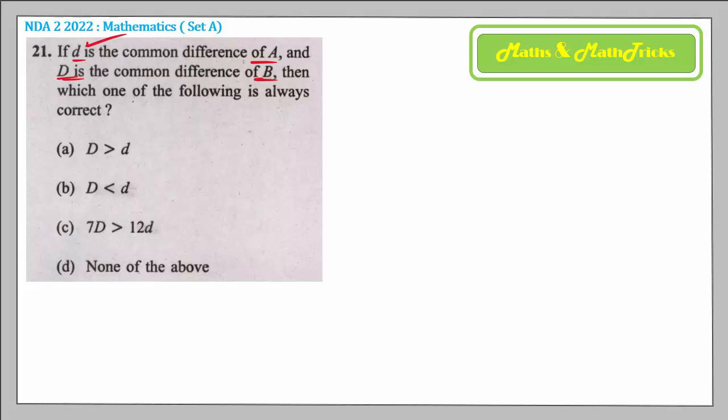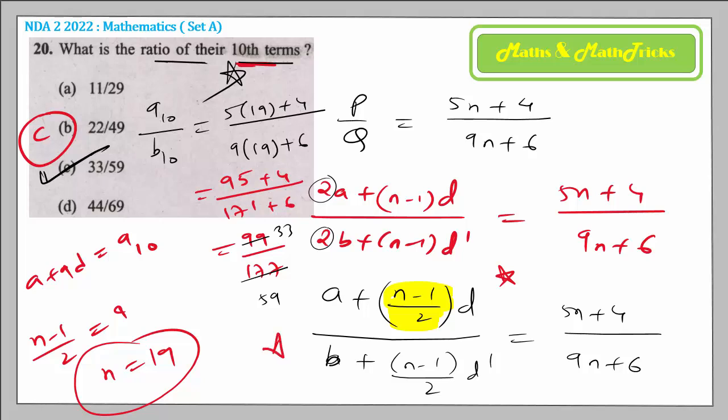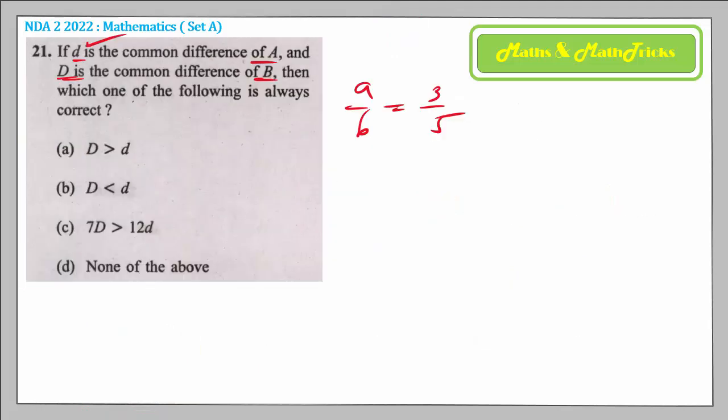So coming on to this particular question, you want to judge the differences. See, you know the difference when you know at least two consecutive terms of an AP. The first term ratio you already know, A by B, from solving the previous question. So if you can now solve for the second term ratio, then you can judge the common difference. For this, you come on to the logic of the 10th term ratio. N minus 1 by 2, you want that to be 1, so that it becomes the second term, because the second term of an AP is a plus 1d. So n minus 1 by 2 equals 1 means n is equal to 3.